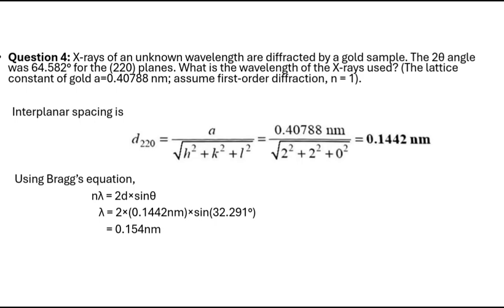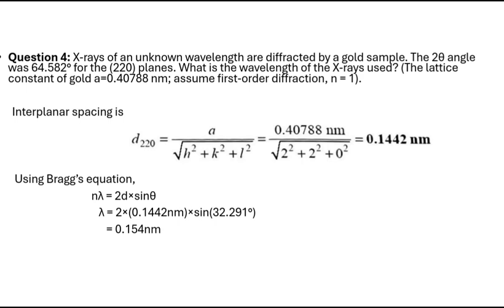We know that the interplanar spacing d is equal to a by root of h square plus k square plus l square. To find d220, we have to substitute a, h, k and l. Substituting the values, we get d220 is equal to 0.1442 nanometer. Now, using the Bragg's equation, n lambda is equal to 2d sin theta, we can find the value